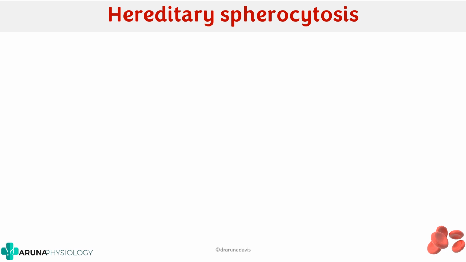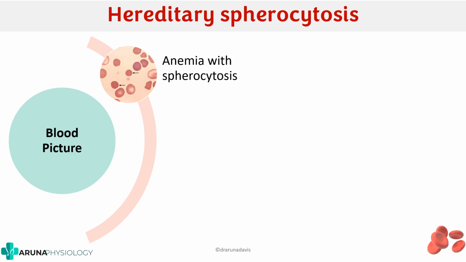See, when you're going to investigate a case of hereditary spherocytosis, obviously we'll check the hemoglobin and RBC indices, but then we're going to check the peripheral smear. In the peripheral smear, you can see there will be anemia with spherocytes. The characteristic feature of spherocytes is that they will not have that central pallor. Okay, so you'll have anemia with spherocytosis, and then you can have reticulocytosis. Why? Because there is increased destruction of RBCs, so the body will try to produce more RBCs, and thus